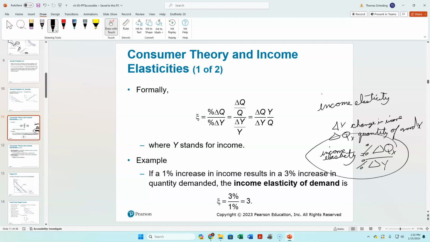Now, sorry, I shouldn't have, wait, let me fix one more thing here. I'm getting ahead of myself here, sorry. Our delta Q subscript X, delta Y, then our amount of income over our quantity of X, which then leads to my